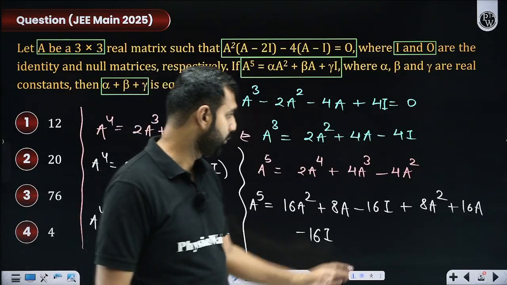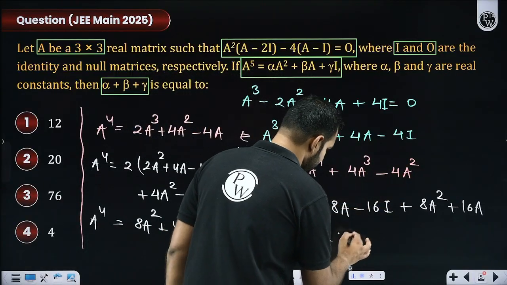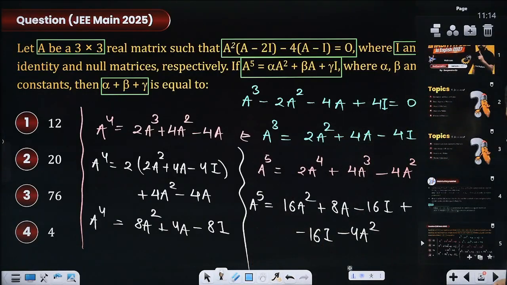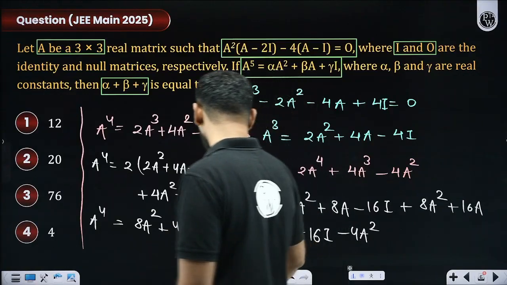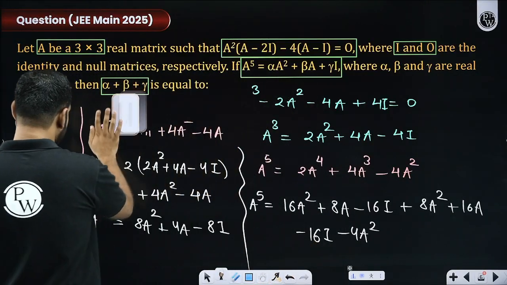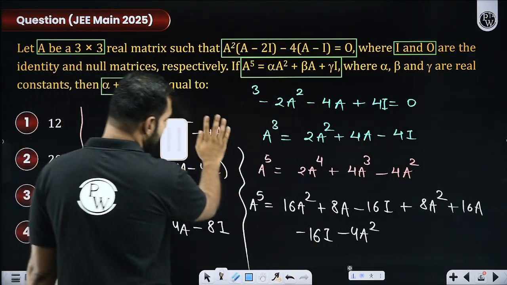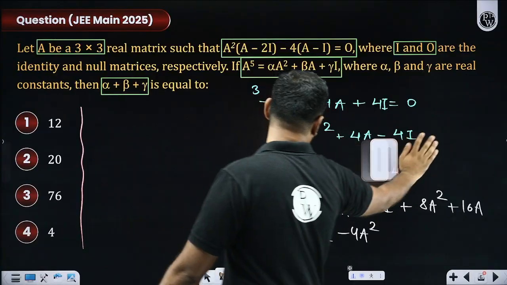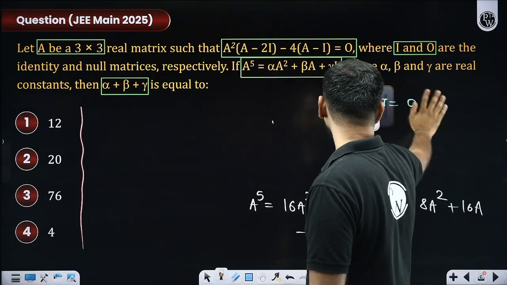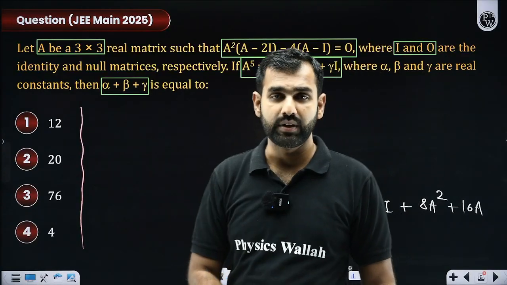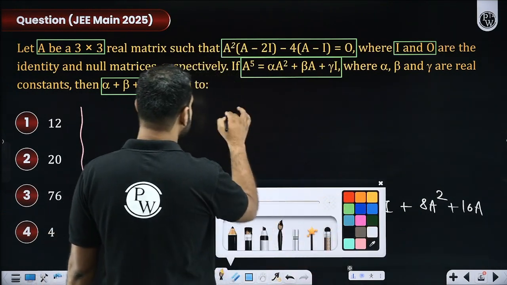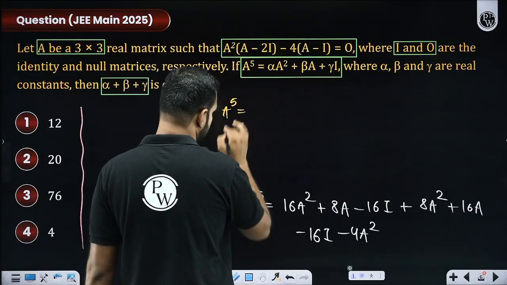Now I'm supposed to write 4a square, which will be simply 4a square only. I think your job is now left to simplifying this expression, which you all can do quite easily. You all are really good at doing that, I believe so, because with that final simplification, you will get the answer. Yes or no, everyone? So far, everybody is with me. So far, have you all been able to digest whatever is said so far? So I think this will give me the final value, which will be a to the power 5. What does it look like?